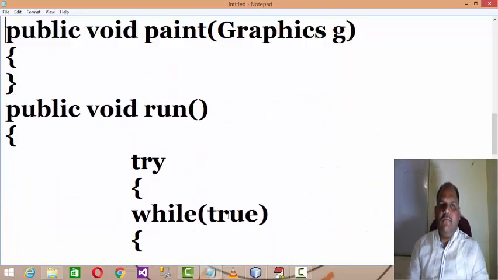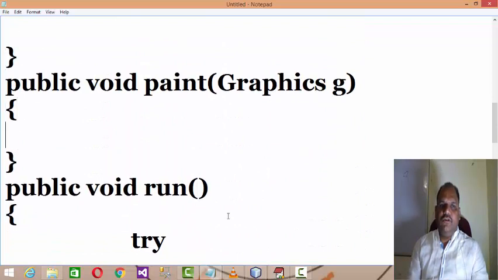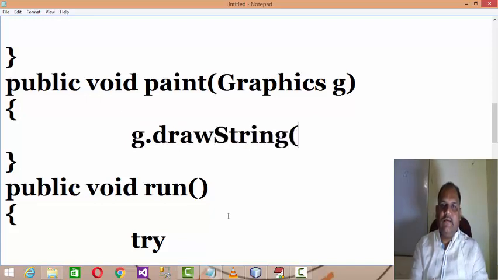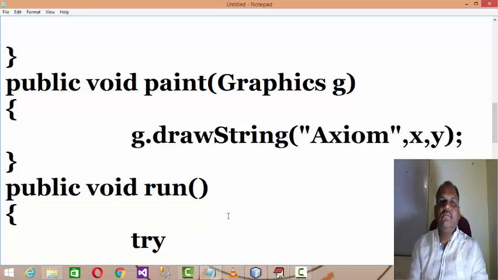And then in public void paint, you call g.drawString, the actual string, and then this dynamic x and y.